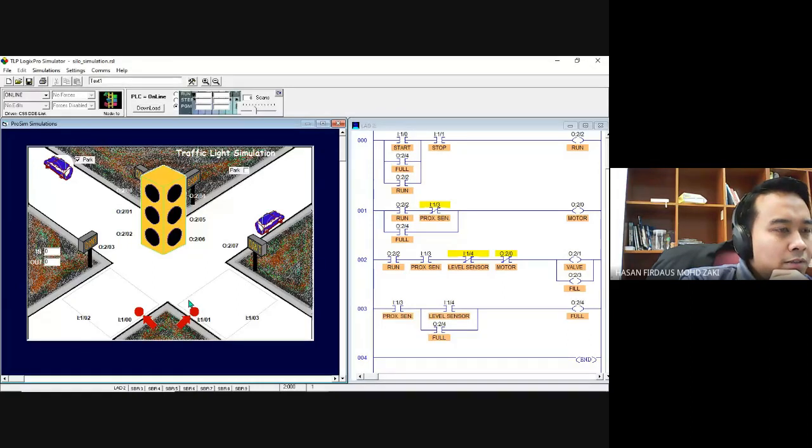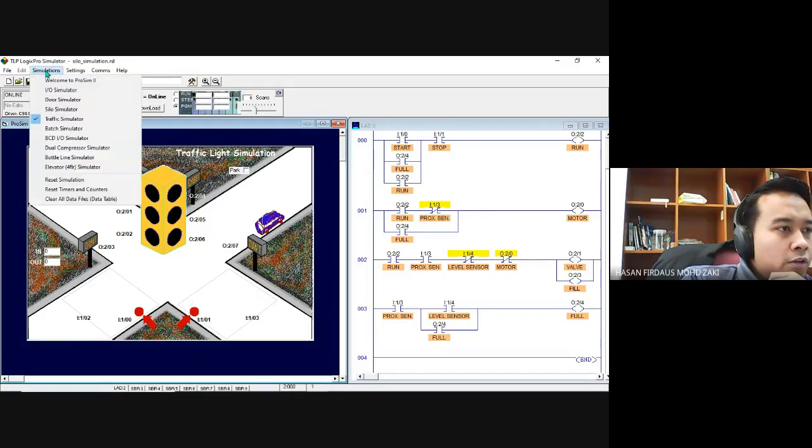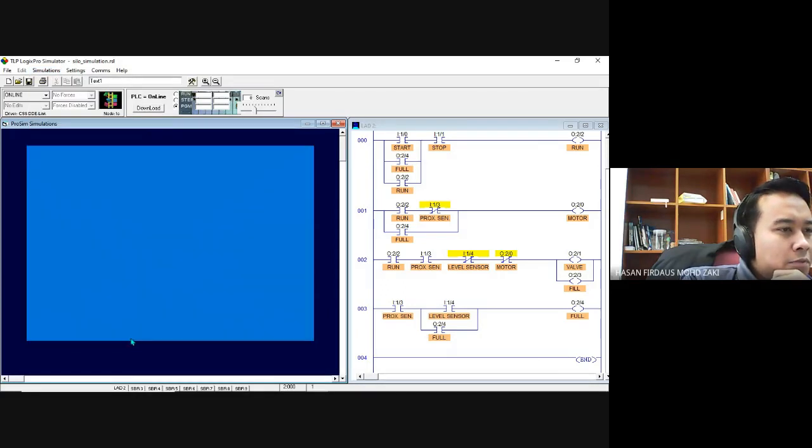When it is detected, maybe you start a timer, right? Up to you. So you can design your own traffic light, okay? Or you can choose,